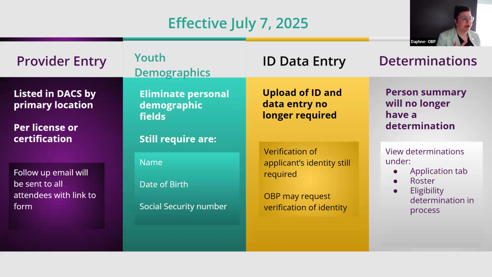But again, with the provider entry, we're going to be modifying how your programs are entered into DACS. These are going to be per background check application type. So it might be a little bit different with license types, but when we say background check application type, we are looking at, are they serving youth? Are they serving adults? Are they serving a mix? What are we looking at? Are there certain federal requirements that we have to meet? Or are we only required to do state requirements?